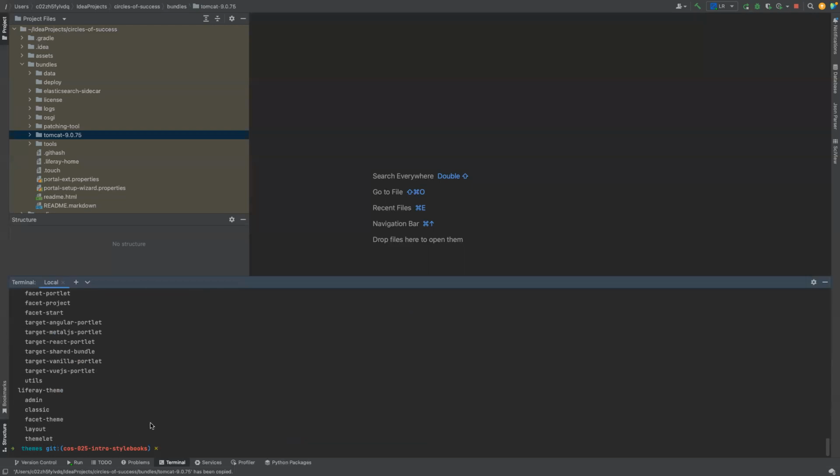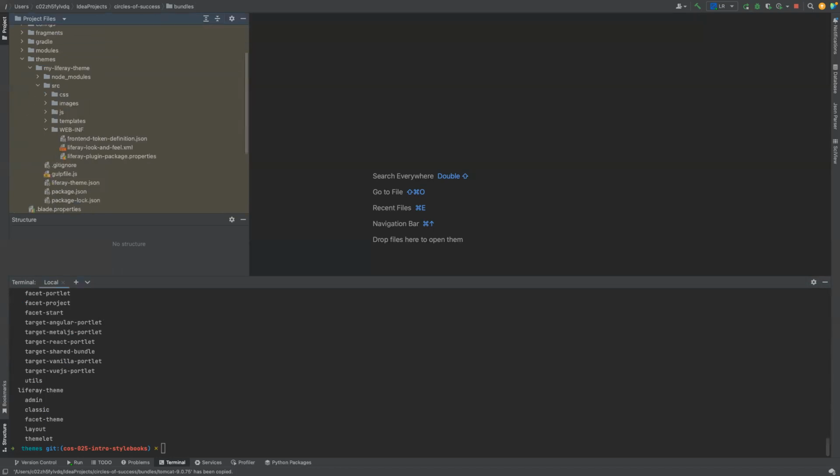Actually, I did think you had a dialect one, but you don't. So you could go to the source and pull it if you wanted to, but you can easily do this and it's going to make a copy of the classic. So if we go now to themes, I've got my theme right here, and then right here in WEB-INF,